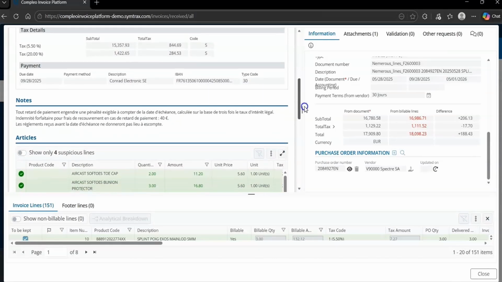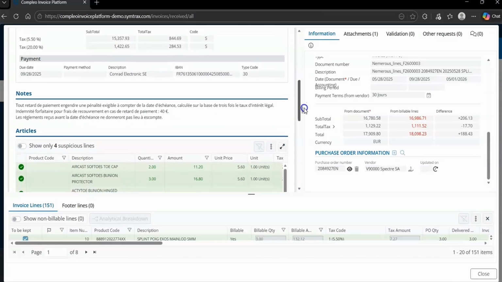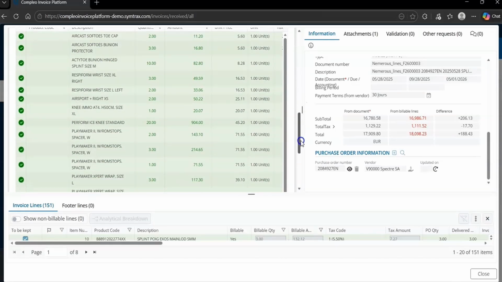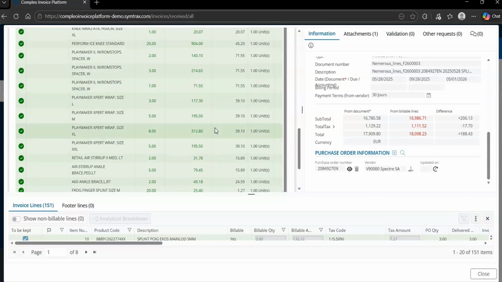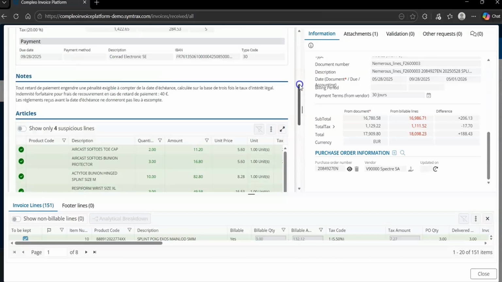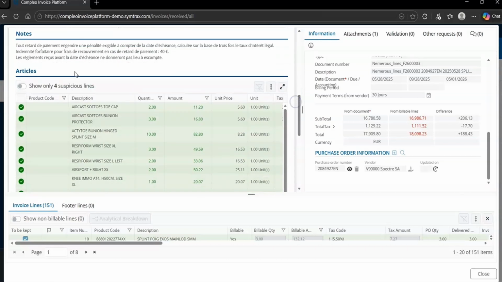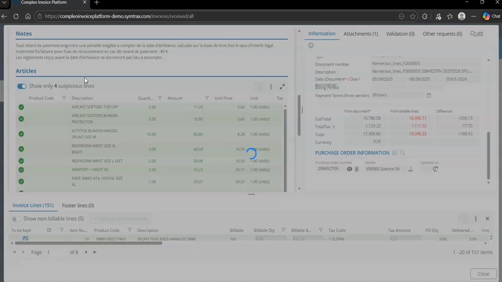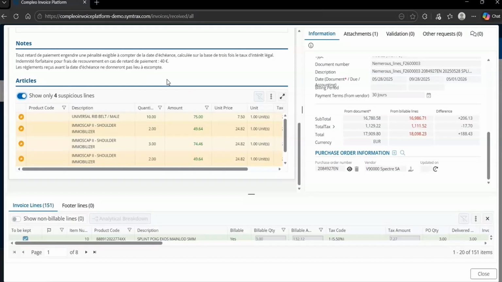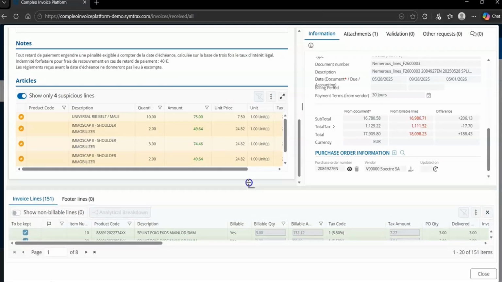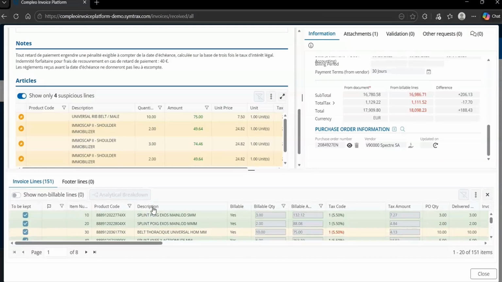But here where it says articles, those are the line items of the invoice. And they're highlighted in green because the system is able to determine that these are not discrepancies. They don't hold any discrepancies with a purchase order. However, these yellow ones are suspicious because there is a discrepancy. Now, mind you, there is no product code. That makes it a little bit more difficult to find, but not difficult enough for our platform not to know